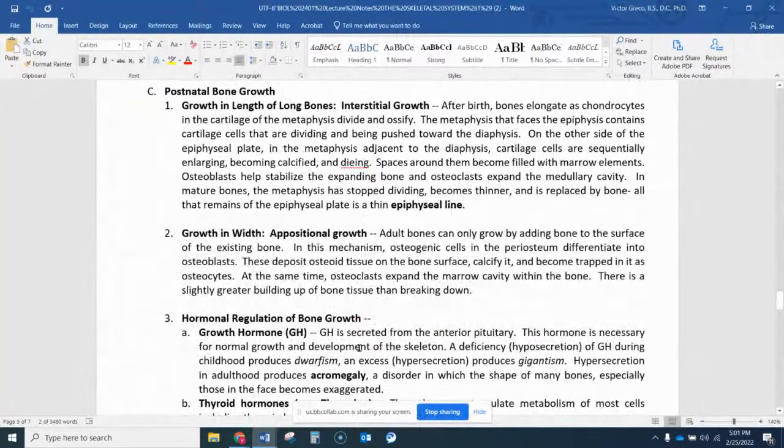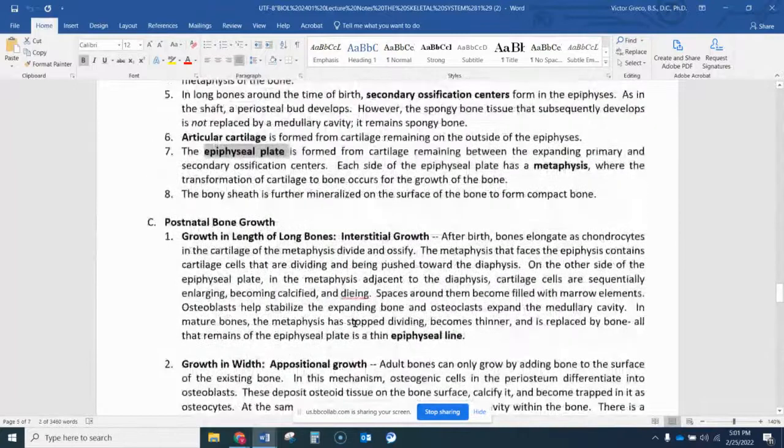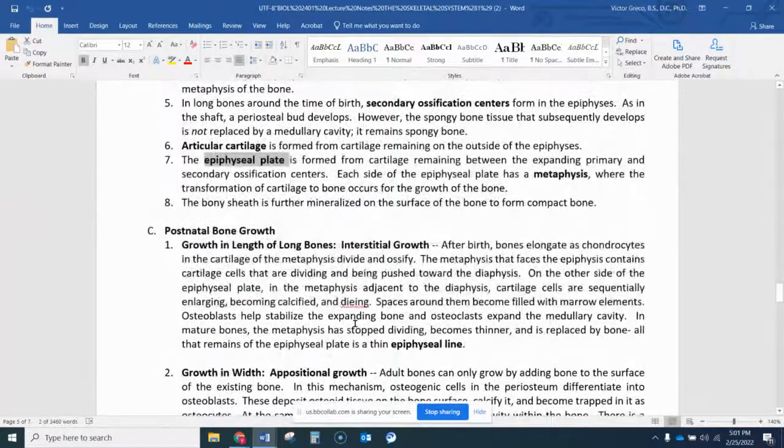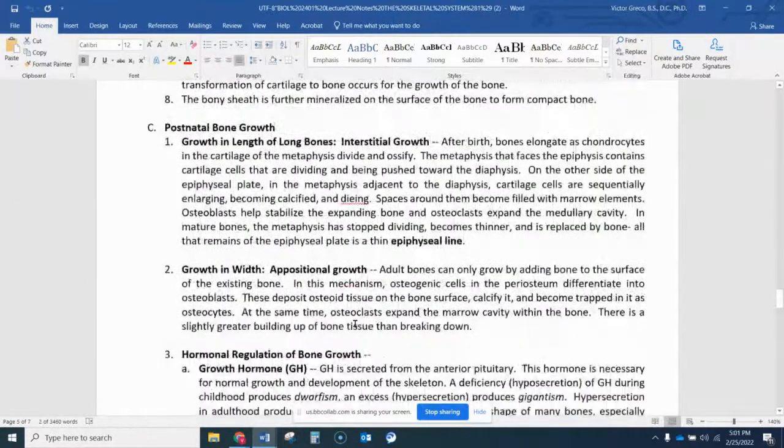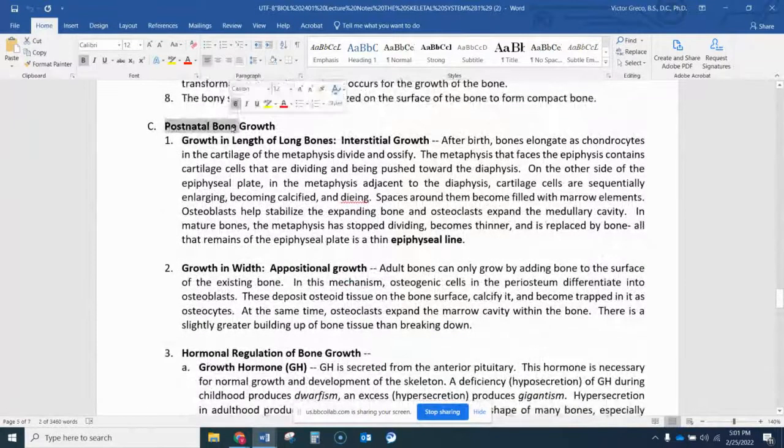All right. I'm just going to turn the page here. Covered that. Postnatal bone growth. We'll go through a couple things here. I think